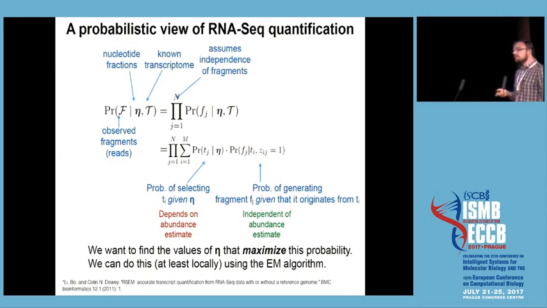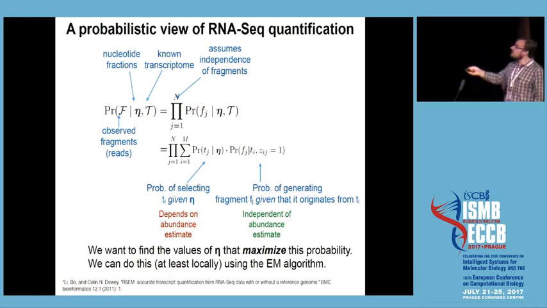Underlying this generative process is actually a probability function. What I'm writing out here is the probability function underlying RNA-Seq quantification. Again, this was originally proposed by Bowley and Colin-Dewey in the ISMB paper. What they say is that the probability of observing a given set of fragments depends on your estimated nucleotide fractions and your known transcriptome. The first assumption that's made is that fragments are sampled independently. So the probability of observing my entire data set is just the product of the probabilities of observing each of